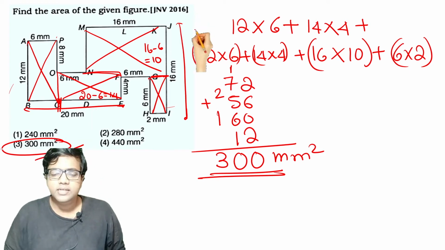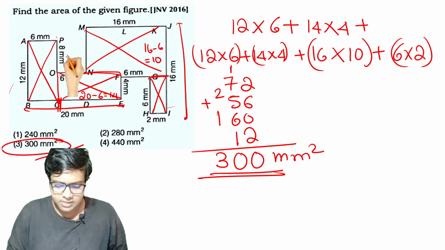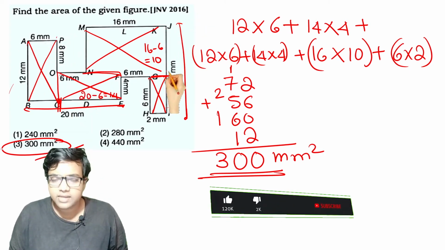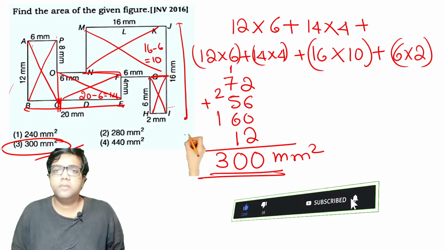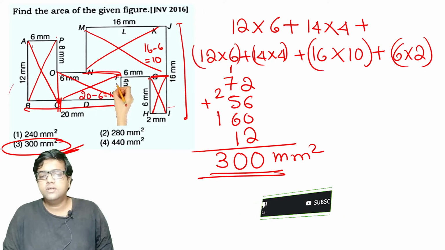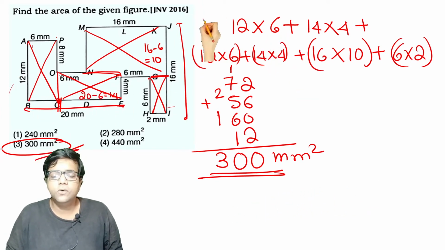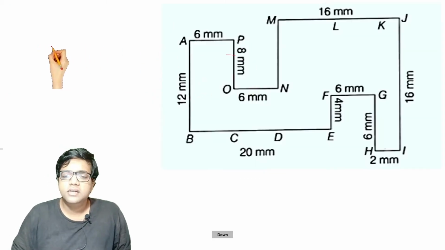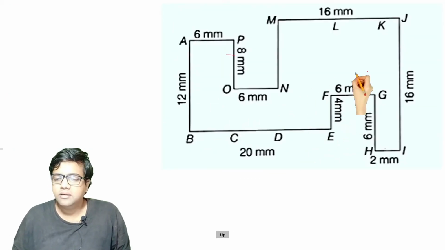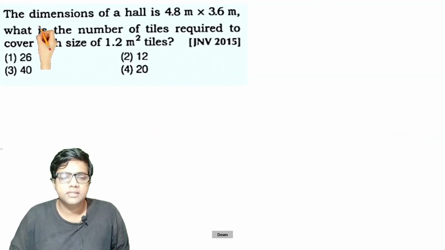The only trick here is you need to draw these constructive, imaginary lines and consider them as different small parts. After that you find the area, sum them all, and you will get the total area of the whole figure. That was all the trick here. I could have done it in a longer way, but anyhow, we are done with our problem.